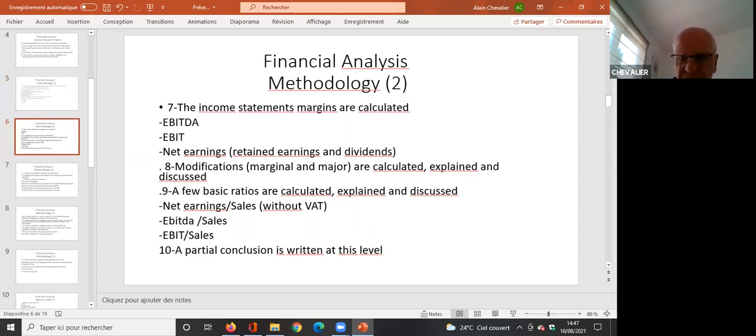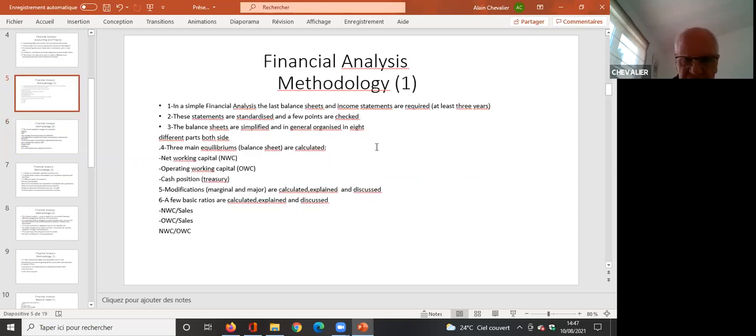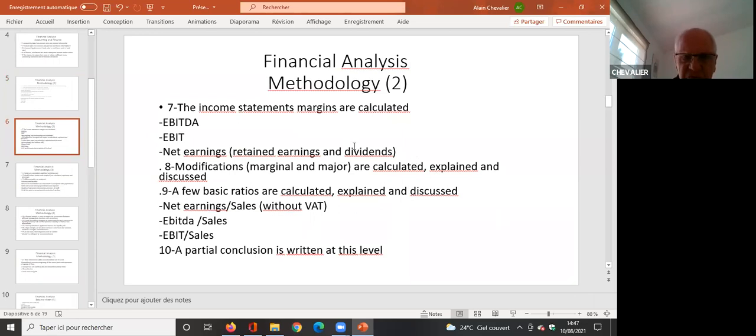So we had already in this methodology 6 points to go through, and I move to the next slide to introduce the second part of the methodology, dealing with the income statements. And when we deal with income statements, we are first mainly interested by a few margins, which are calculated in the income statements. The first one being